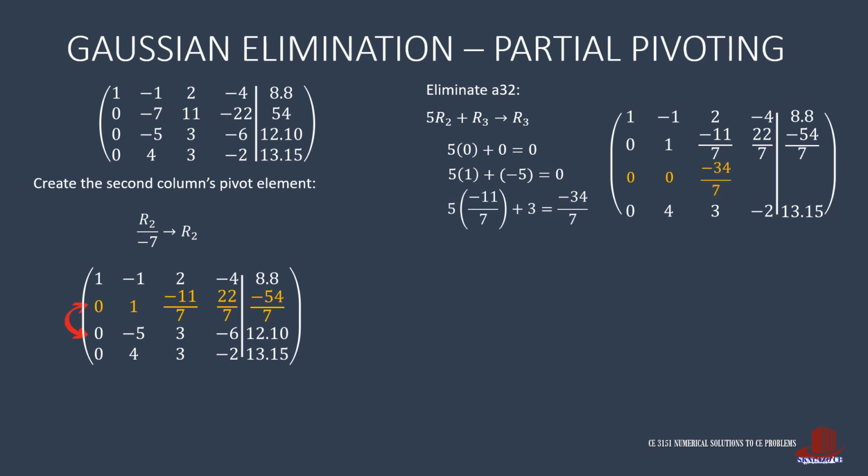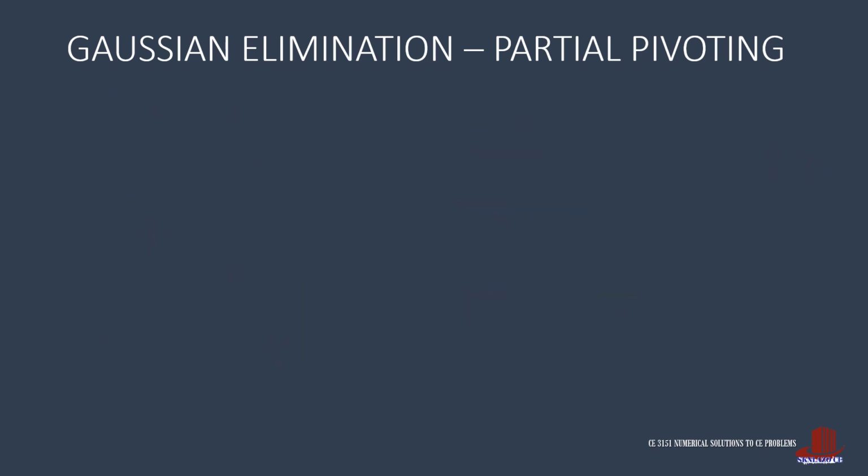The third element has 5 times negative 11 over 7 plus 3, which results to negative 34 over 7. Next is 5 times 22 over 7 plus negative 6, giving 68 over 7. Then last is 5 times negative 54 over 7 plus 12.1, which is equal to negative 1853 all over 70. With the updated matrix,